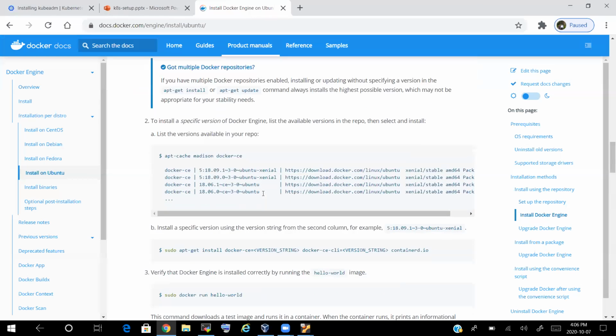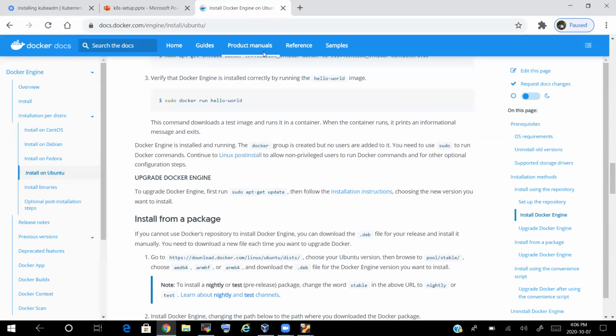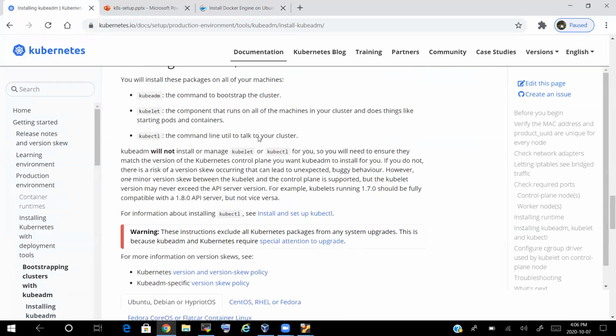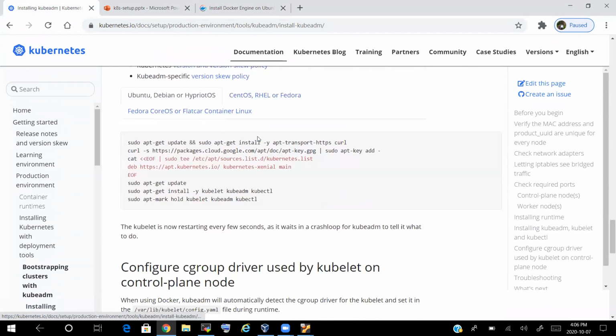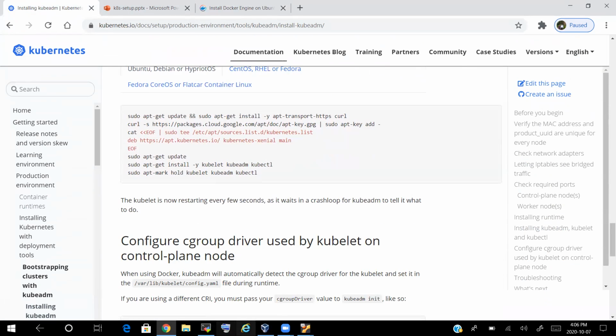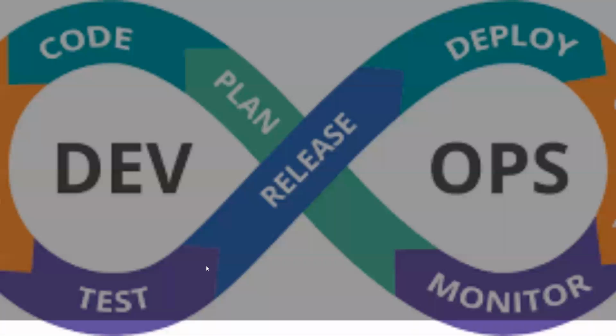After this Docker package is installed, we are good, and let us verify the version of the Docker which we have installed. After that, again, we need to come back to this particular document and follow the steps. I will tell you what the steps we need to follow are.